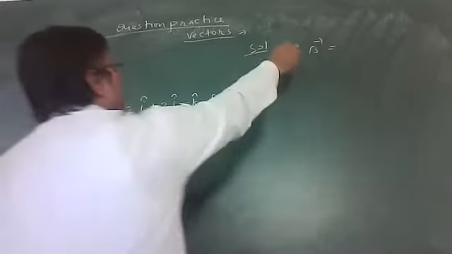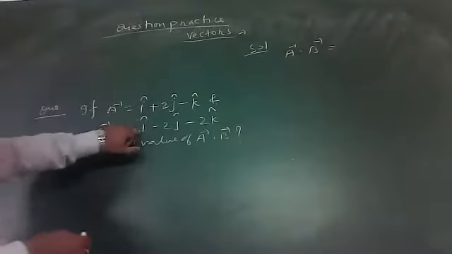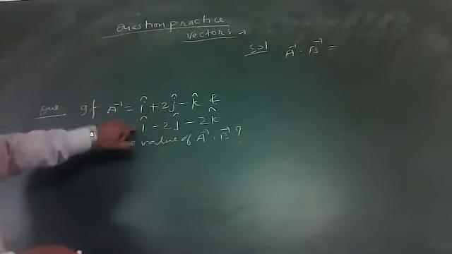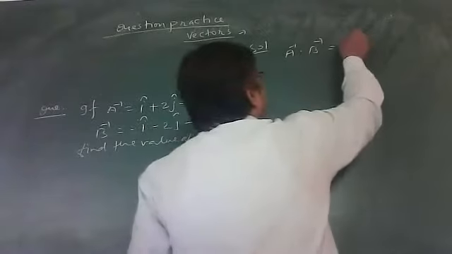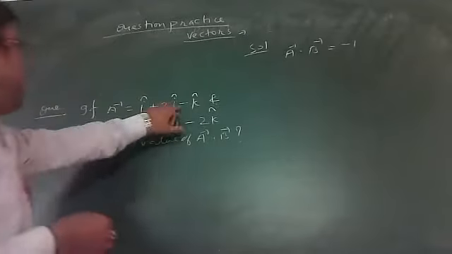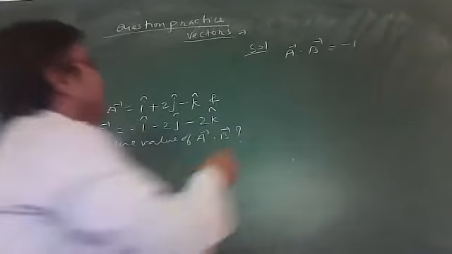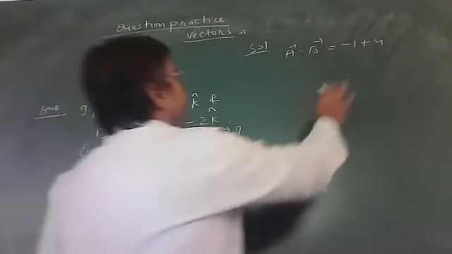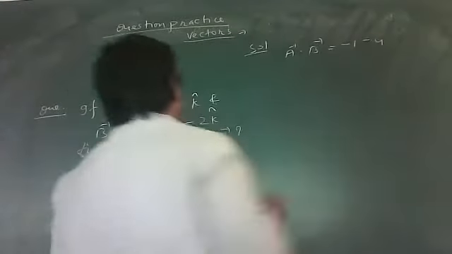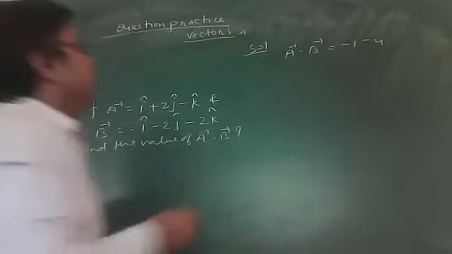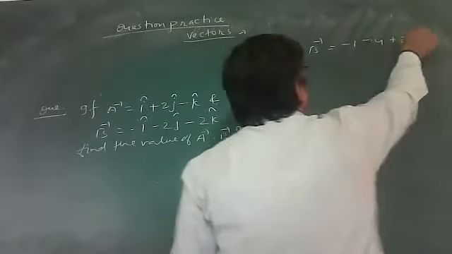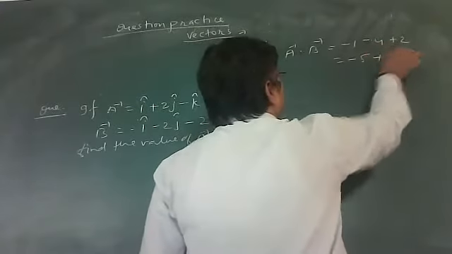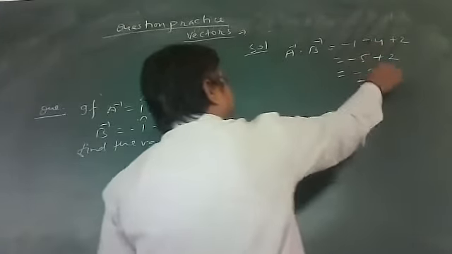Okay, solution, you want to find A dot B. i dot i, the magnitude is 1, the modulus is 1. You will get here minus 1. Now 2j multiplied by minus 2j, you will get here minus 4. Sorry, plus 4 was wrong: one is plus and one is minus, so you will get minus 4. Now it is minus k and minus 2k, you will get plus 2. What is it? Minus 5 plus 2. Final result is minus 3.